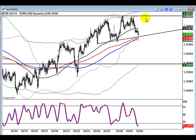If we do hold, perhaps another retest of 138.50, and who knows, we might be moving up to 140 again. It'll all depend on what happens here in the next few hours. Don't make a decision yet. Wait for it to form more reversal confirmation candles, and if it does that, then we could be looking to